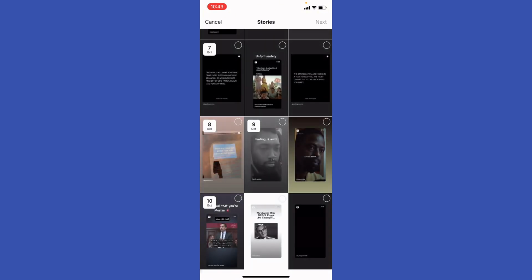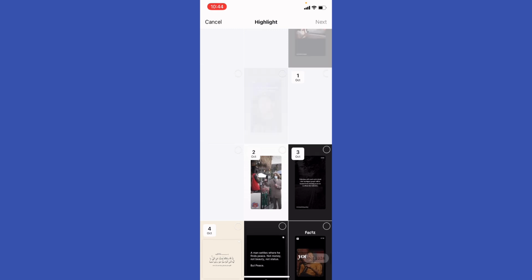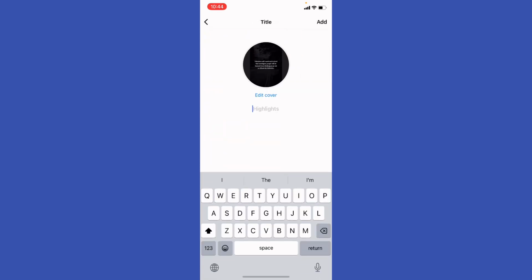Choose the stories that you want to add to the highlight, okay. You can select multiple stories and tap next in the top right corner. Let's say for example I want to select, let's say that one, right, and click next right here, and then just name the highlight and select the cover